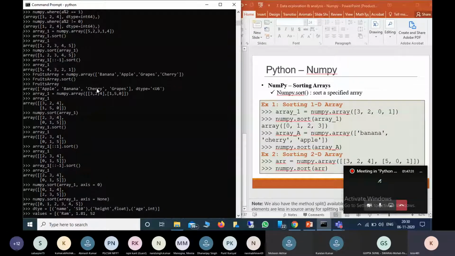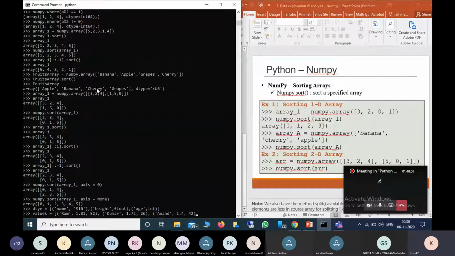Then I can give another name, Kumar, height of 1.7, then age 26, and one more name, Anand, height 1.4 and age of 42.